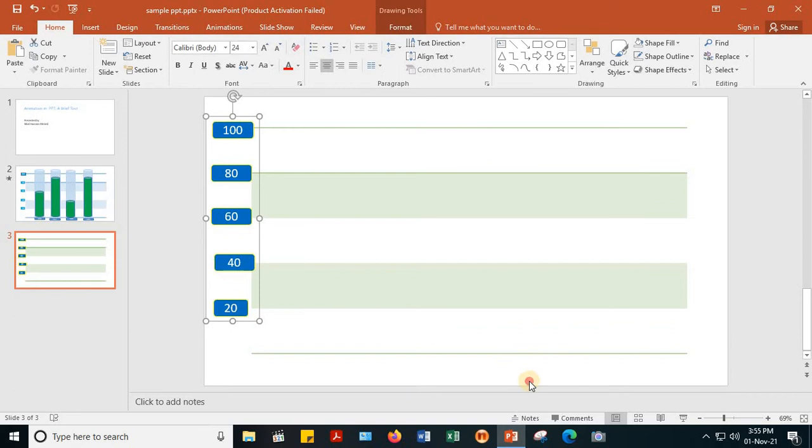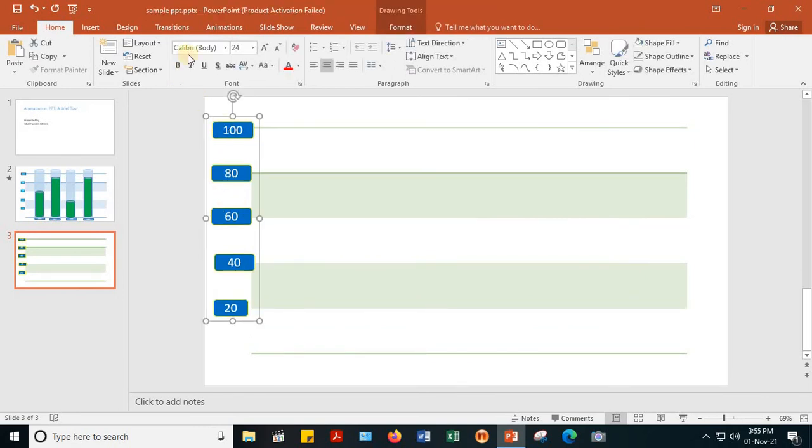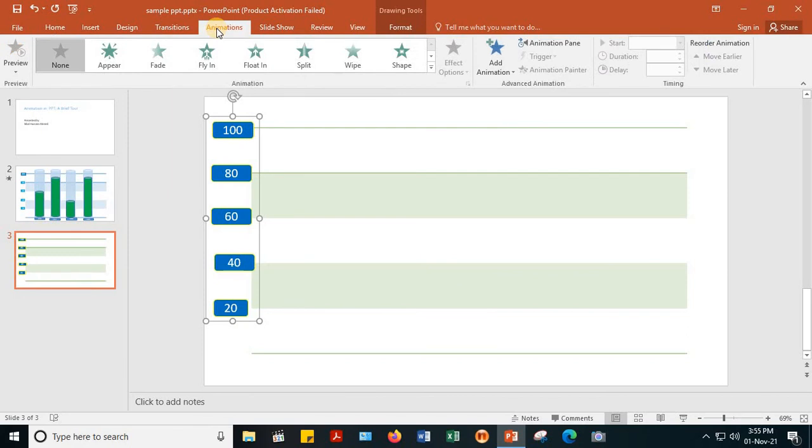Okay, now I need to create an animation for this, so that this will appear only when I want. So click this and go to animation, and now I want this to float in.